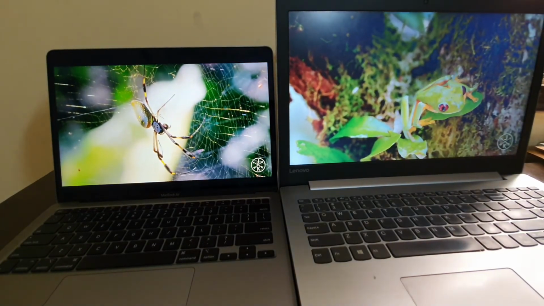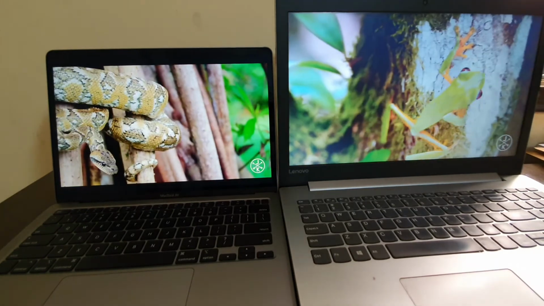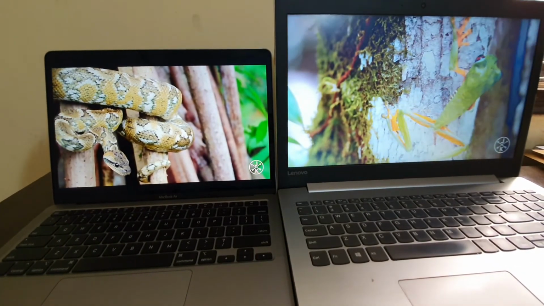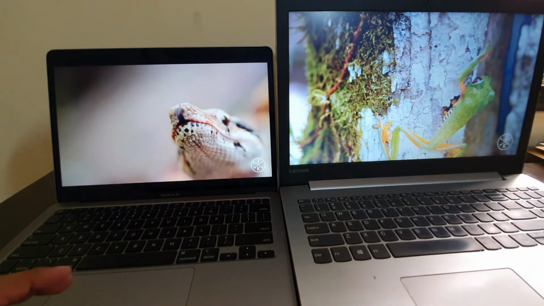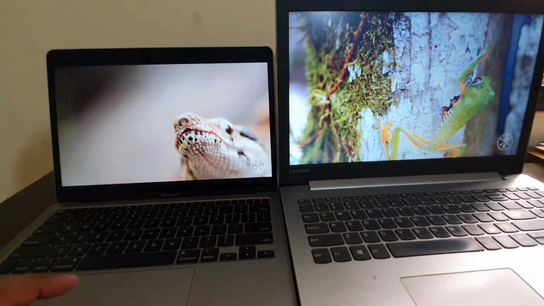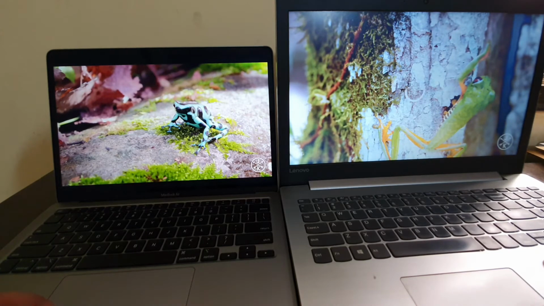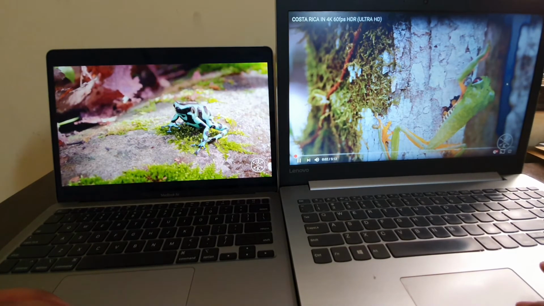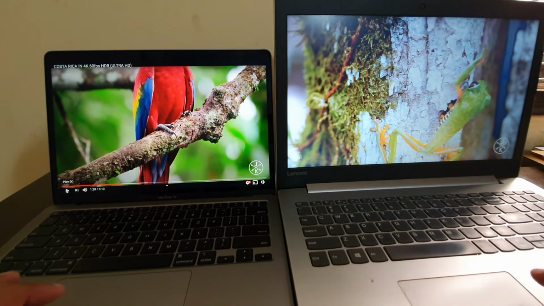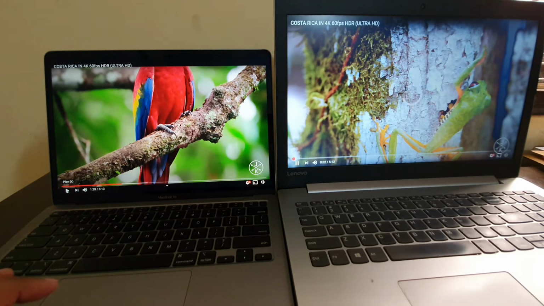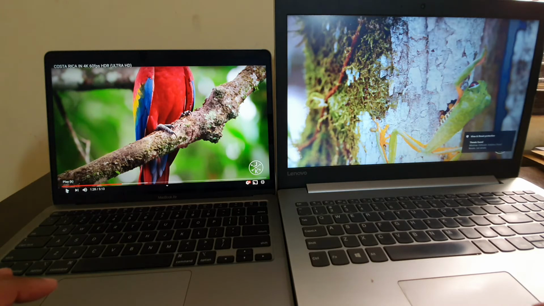There is slight lagging in playing videos on the Windows laptop, but it's fine. I think if I pause it here, it will work fine on the Windows laptop. Wi-Fi speed may not be the reason.